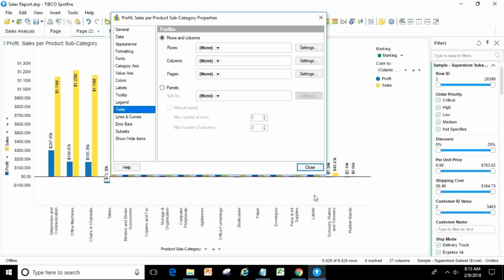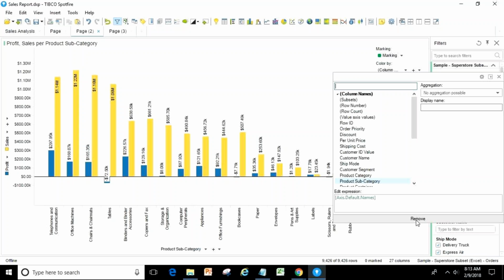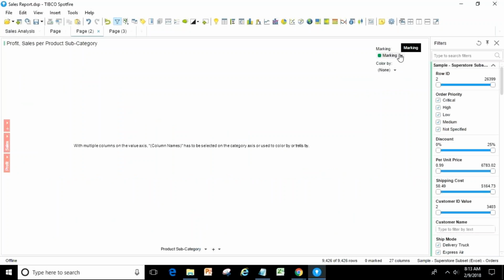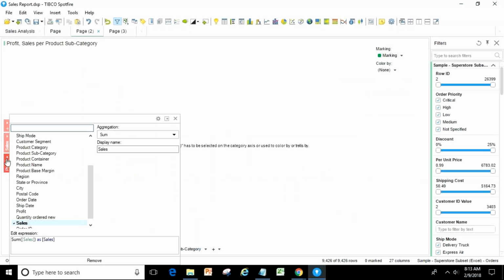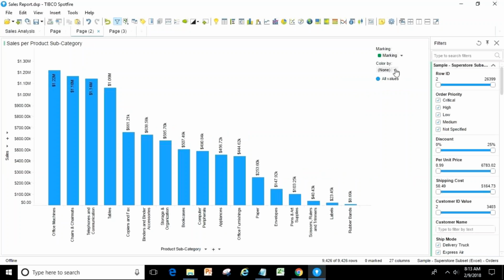Trellis. So now you are seeing this information, and Trellis gives you a very important requirement now. Let's suppose just to have a small view.